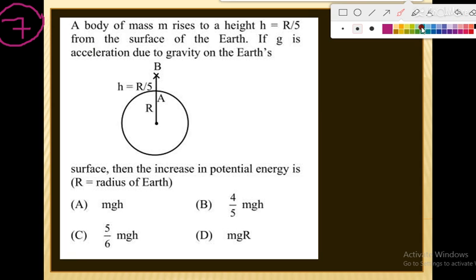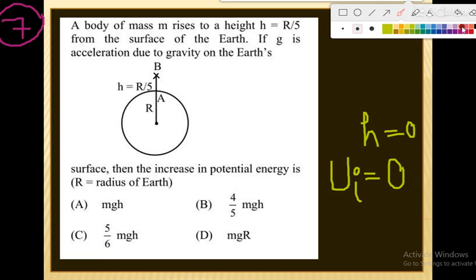Okay, when the body is at the earth's surface, the height is equal to 0. So potential energy is equal to mgh. If height is equal to 0, that means the initial potential energy U_i is equal to 0 for that particular body. And if the body goes R by 5 height above the earth's surface,